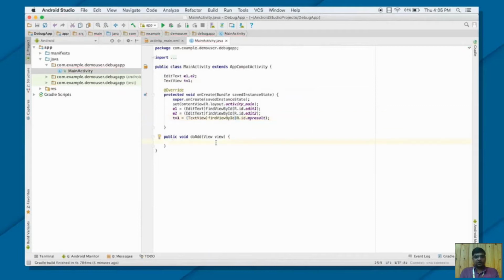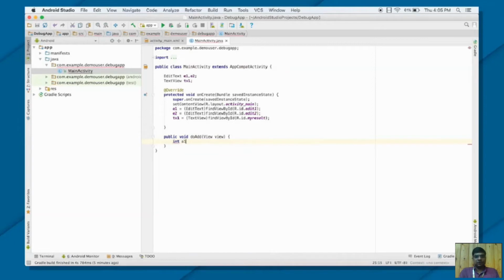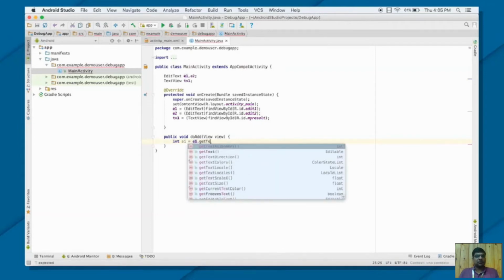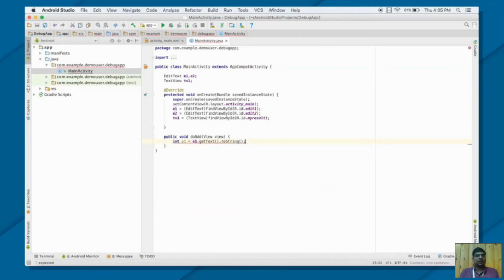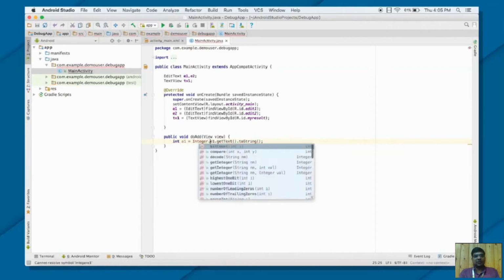Next, I need to add those two numbers which my user is providing to edit text 1 and edit text 2. So first of all, they should be integers, so I will put int a1, and from where exactly am I getting the data? From e1.getText().toString(). It will always give you a string, but you do not want a string, so you need to parse this. Integer.parseInt